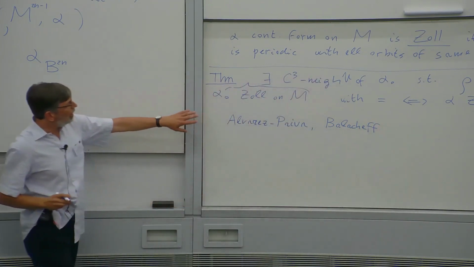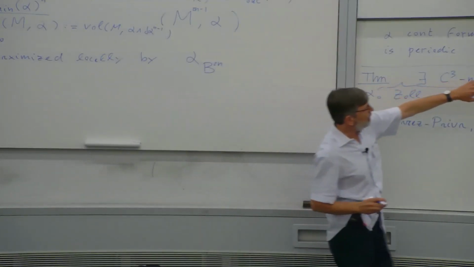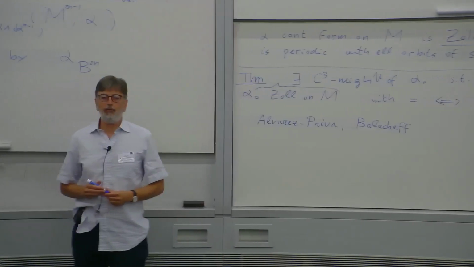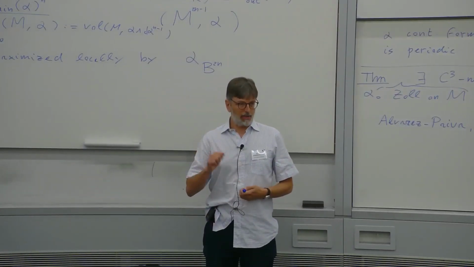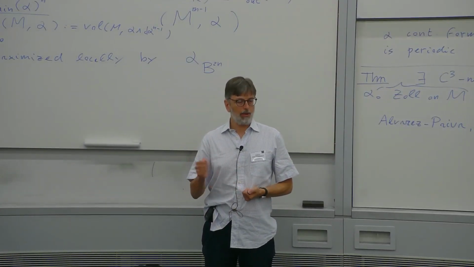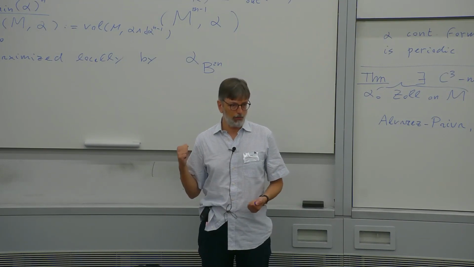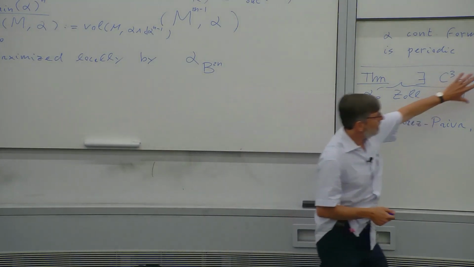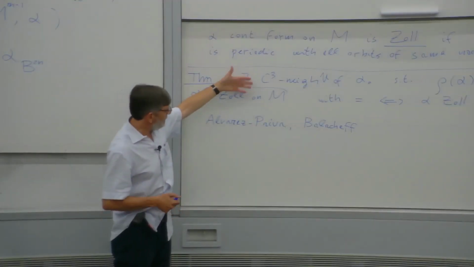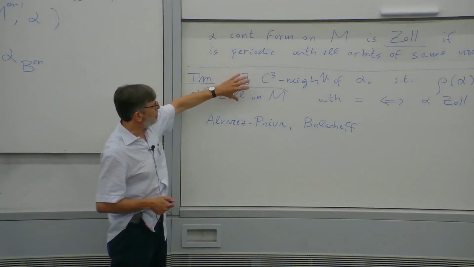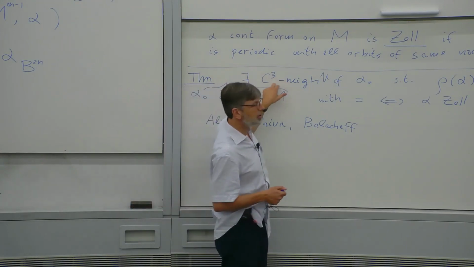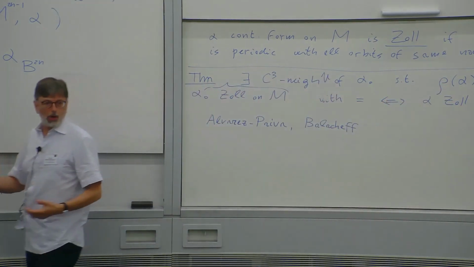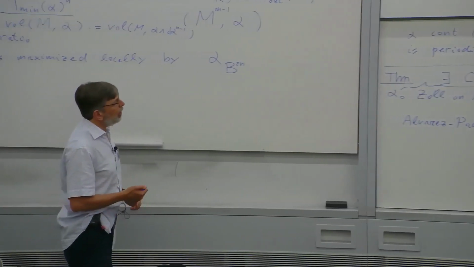So some years ago, they proved the converse of this theorem, namely that if a contact form is a local maximizer of the systolic ratio, then it has to be Zoll. Okay, and then they had some results in the direction of this, and this in some sense answers their question. So it's true that at least in the C3 topology, Zoll contact forms are the local maximizers of the